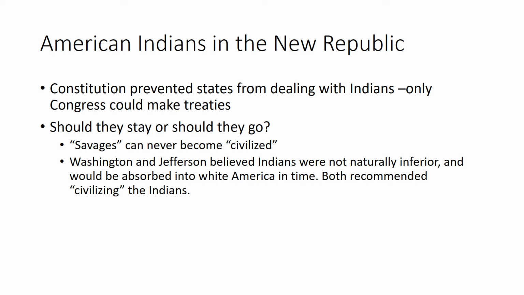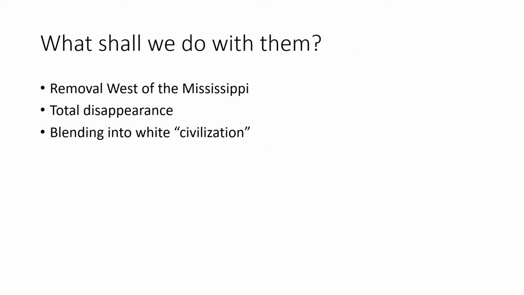However, some governmental leaders like George Washington and Thomas Jefferson did not believe that Native Americans were naturally inferior to white people. And if that sounds kind of progressive, both of them did believe that black people are. But they believed that it would be entirely possible for American Indians to be absorbed into white America, essentially, in time. And both were in favor of not eradicating the Indians, but rather of, quote, civilizing the Indians. I keep saying quote because, well, Native Americans had a civilization. It was just different from the European-style civilization that United States citizens had at that time. Anyway,